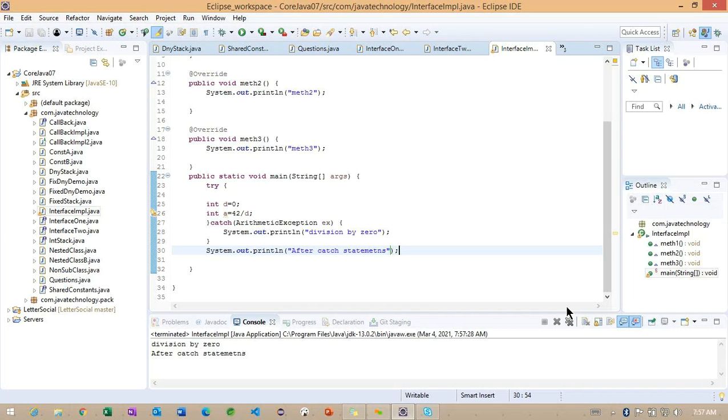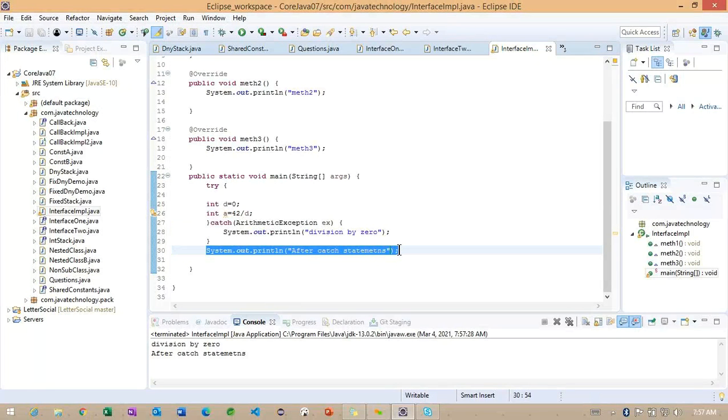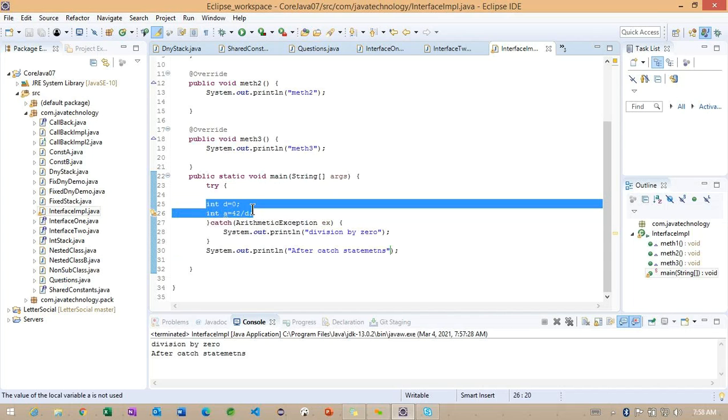As of now, we did not find any system message here because we are handling this particular exception. Once we are handling it, we are going to find this particular message here. And after this particular catch block, we are executing the remaining statements here. So this is the way, whenever we get any exception, we handle it like this. Using this catch block, we handle the exception, and whatever code we may get at runtime, we define inside this catch block. Getting the point. So now,